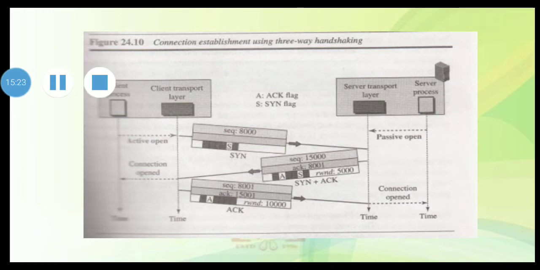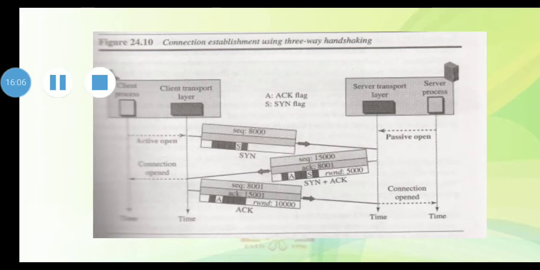Here, timelines are used to show the process. Each segment has values for all its header fields and perhaps for some of its option fields also. We show only the few fields necessary to understand each phase: the sequence number, the acknowledgement number, the control flags, only those that are set, and the window size if relevant. We'll see what the three steps in this phase are.